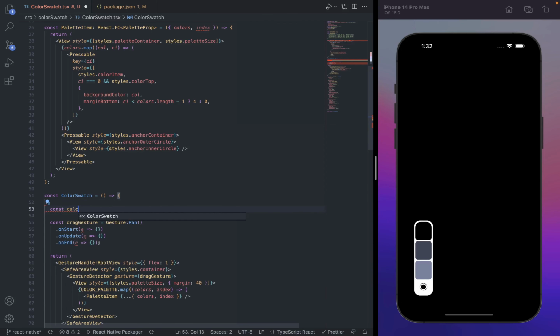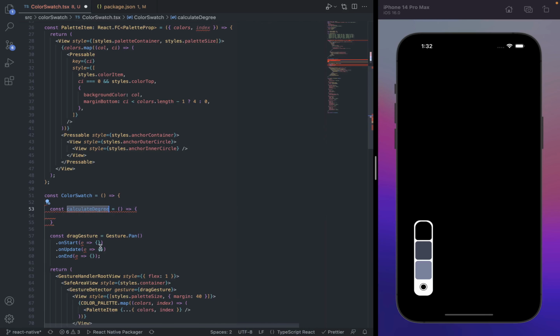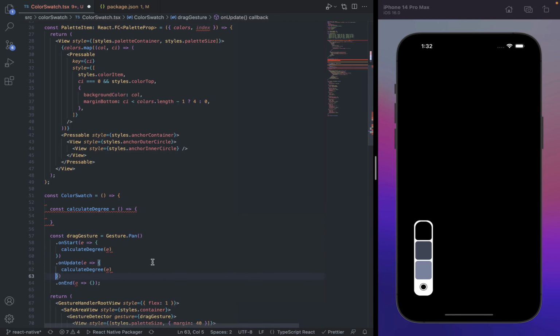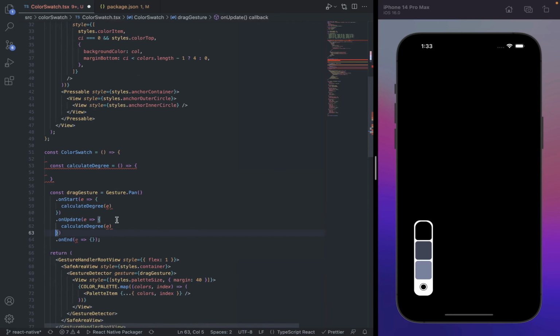called calculate degree, which is going to take the event, same here, and also on the on update. It's going to be of the type